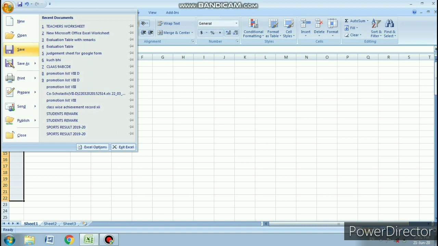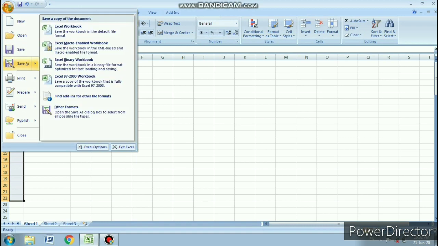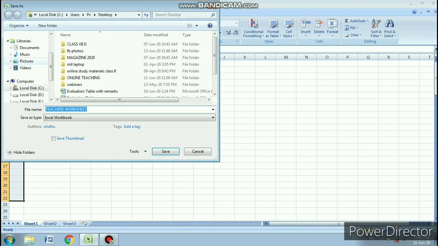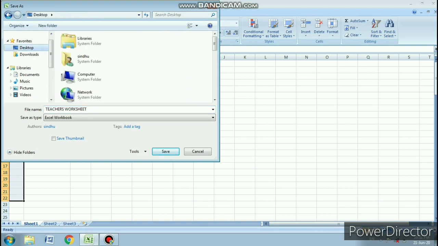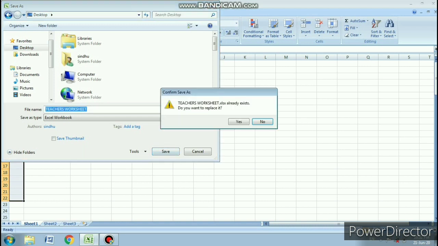Better, the first time you save any file, use the save as option. Save as will let you choose your location. So the first time, better you choose desktop. After choosing the location, it will ask you the name of the file. Here I have already given the name, teachers worksheet, and you simply click on save.